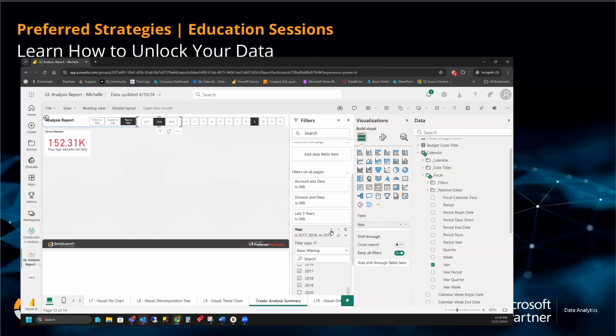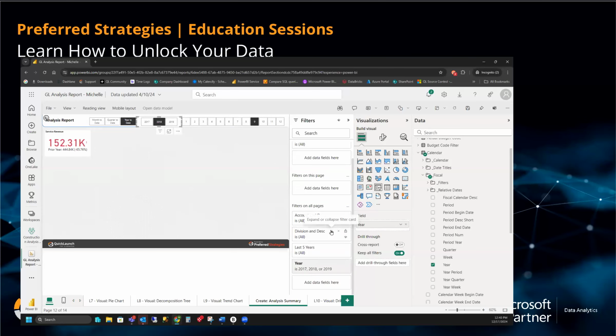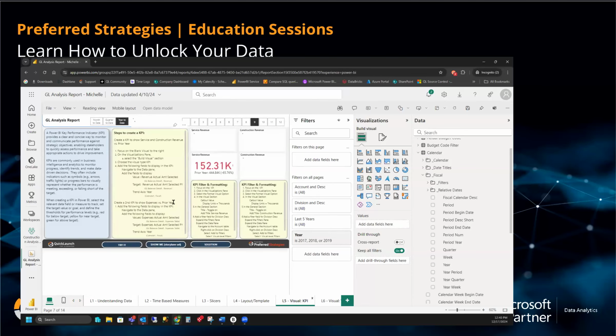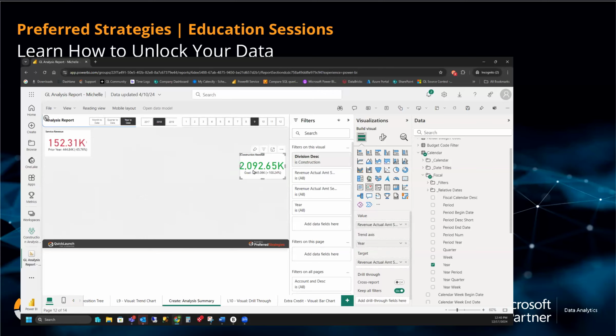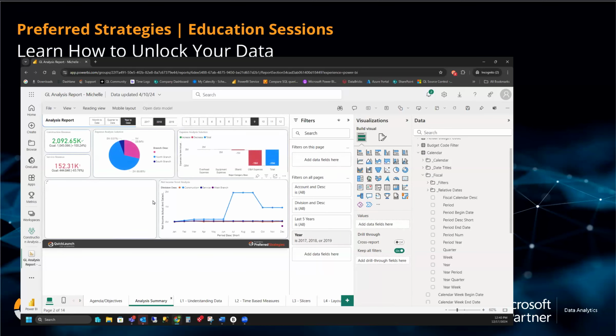So again, playing with these filters can really help drive the user experience and what they're seeing. We could do this again with each one of the different visuals that we just built. I could take this construction revenue, copy using a Control C, go to the other page of my report, do a Control V for Victor, and then drag and drop that. Ultimately, I could do that on every one of the visuals until I had a report that looked